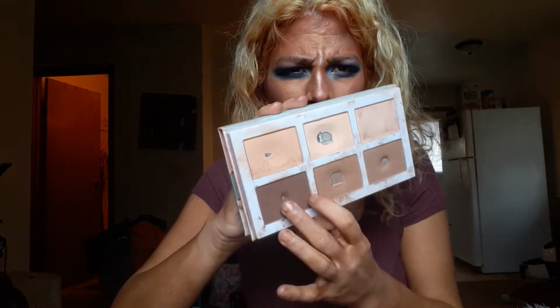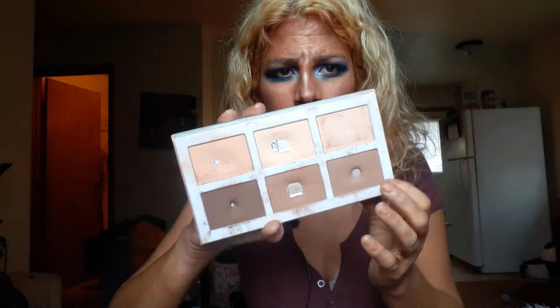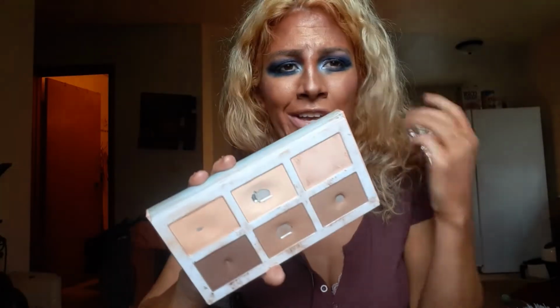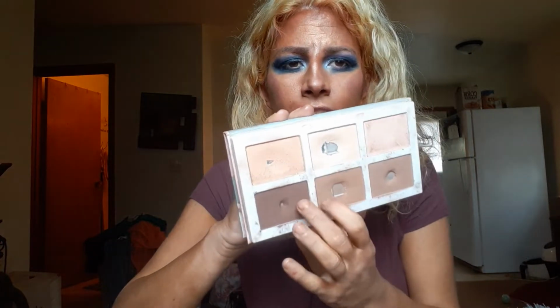So yeah. And then these two I find are a little bit light for me, so I just bounce between the two. And then this is the one I usually use to nose contour, because it's the coolest of the bunch. I don't like using cool tone around my cheeks because that looks muddy. Today it kind of does a little bit, but not too bad. So then these I bounce between the two. This one's very cool tone, so that's exciting. Okay, next let's get into